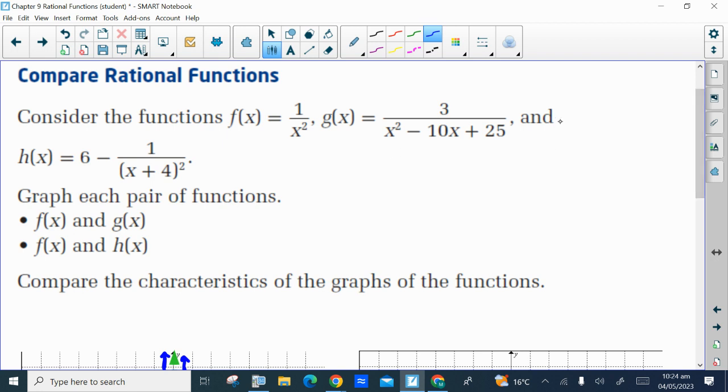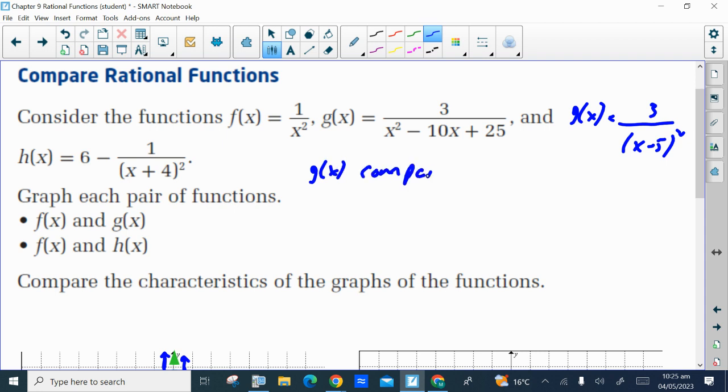We can say that g at x can also be written as 3 over, and the denominator is a perfect square trinomial. The factors of that are x minus 5, or x minus 5 all squared. When you write it like this, you can see that it's a transformation of 1 over x squared. So comparing g and f, so g at x